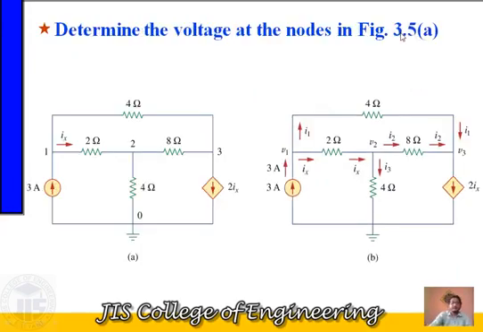So now, first this is our circuit. Our circuit consists of 4 different resistances, 1 independent current source, and 1 dependent current source. So basically at first, whenever you are looking at this circuit, it seems very problematic to solve. I think you are thinking that it's really very tough. Don't worry, it's not like that. It's very easy and very simple.